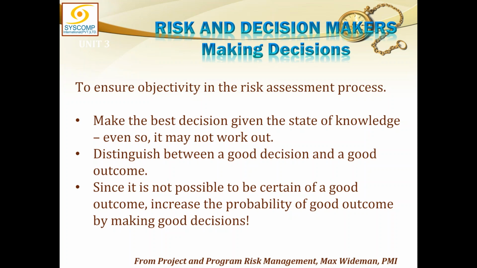Now, why did the decision not work? Because there were certain unknown unknowns. There were certain uncertainties, a lack of certain data and facts which were not considered or which were not available when you were taking the decision. So, if that data could have been available, the decision could have been different. But in the circumstances in which I took that decision, that was the best decision which could be taken. That you must be confident about. And you must take the best decision.